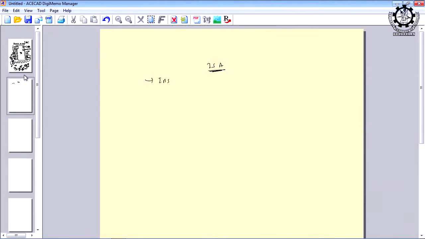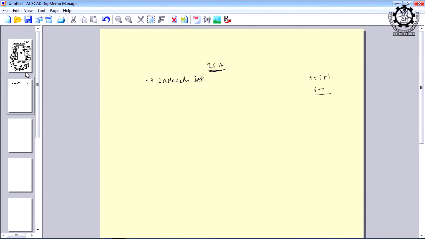Number one attribute is the instruction set. Your instruction set should be rich. If you have more instructions available, you will be more flexible and there are more ways of writing the programs. See, the way C++ can do, C cannot do. The way C++ can be used, the same way C cannot be used. Why? We call C++ an object-oriented language and C a basic language, because there are some additional features in C++ which make the programs more flexible to write. For example, I am writing i equal to i plus 1, or i plus plus, which is better? i plus plus.